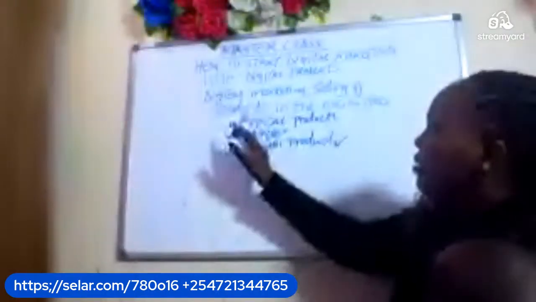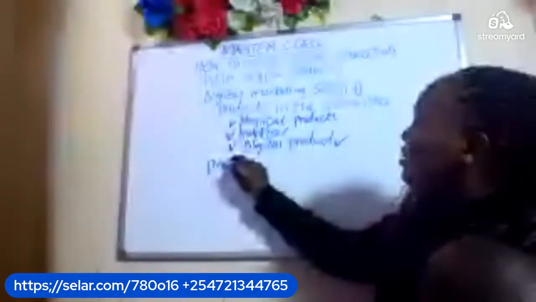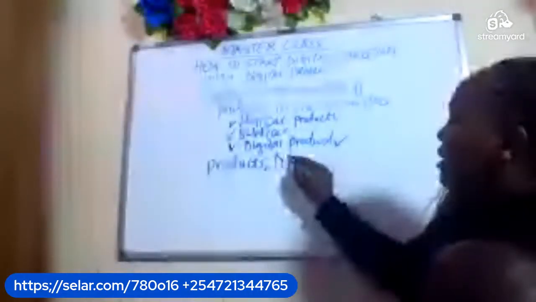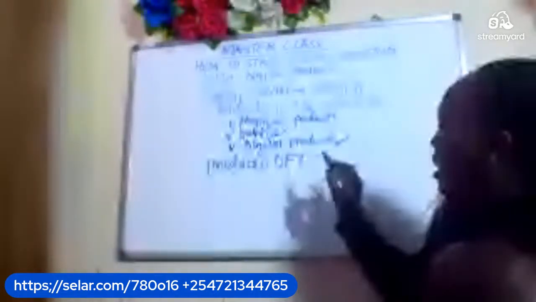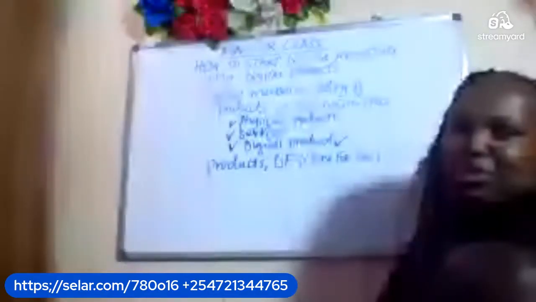So let me go to now the product themselves. Because I've said I deal with the product, what kind of products can you start with in digital marketing? Number one, you can start with a DFY. DFY. This means done for you. Let these words not scare you. When you hear a done for you digital product, it simply means that it is ready-made.